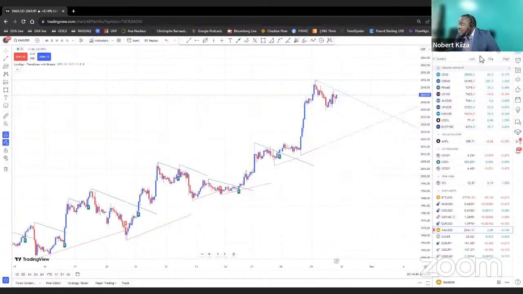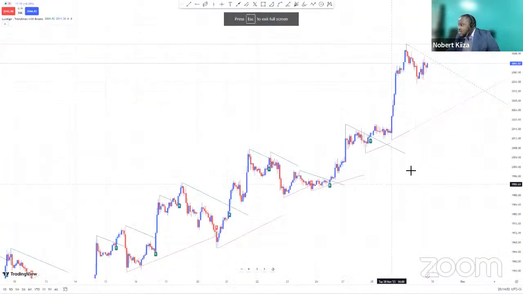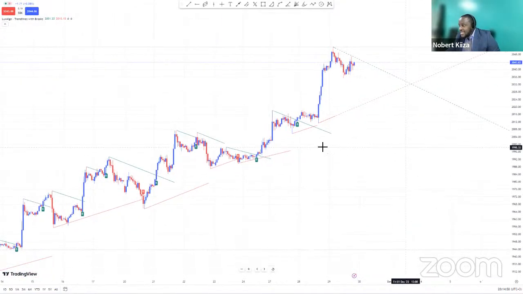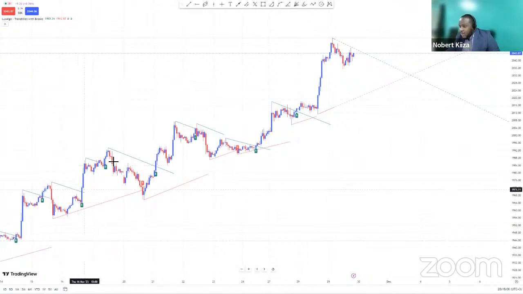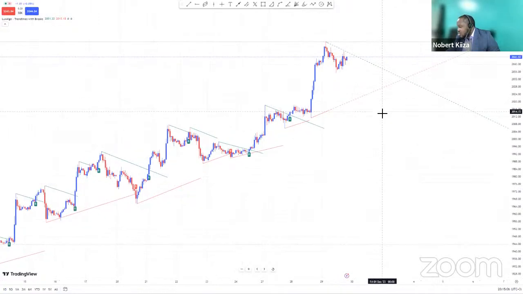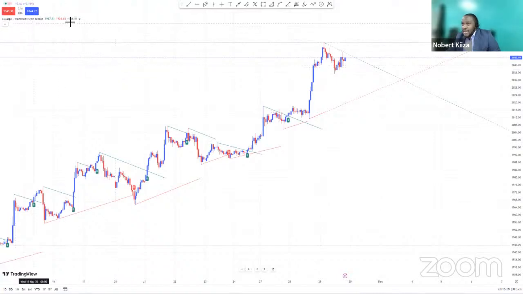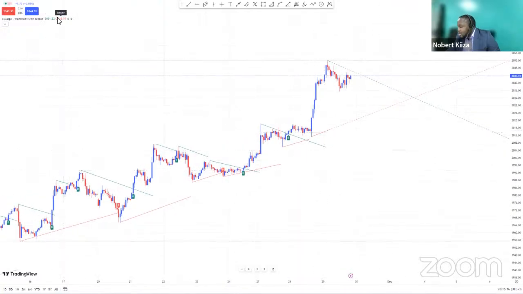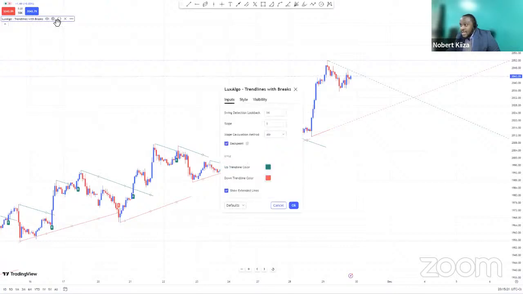So it's a very, very beautiful tool, and I think you can see what it really looks like. Those of you that are watching can already see it has previously worked quite nicely, showing us very nice entry points there, very nice breaks, which we would have actually gotten into. So now that the tool has been added, the final step is now to modify it according to how we want. So when you click on your indicator right here like this,